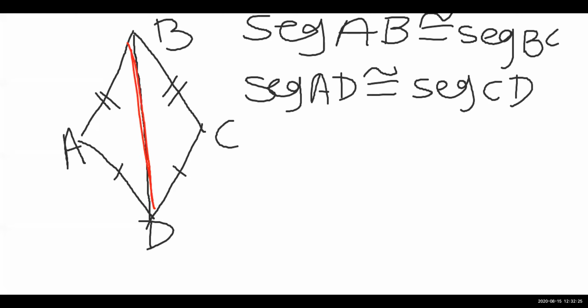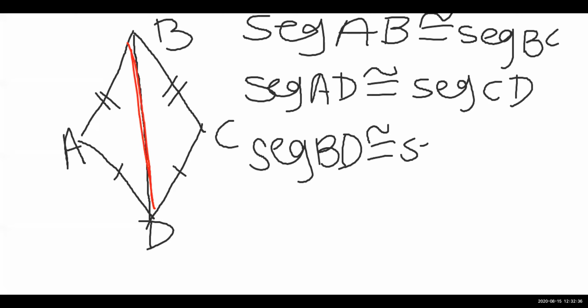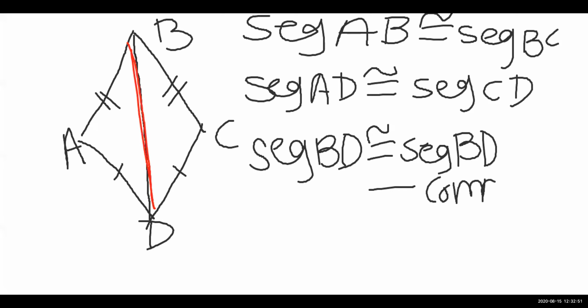Okay, so how can you write it down? Segment BD. Yes, Manjima. Any doubt? Segment BD is congruent to segment BD. What reason will you write? These two are given. What do you have to write as the reason here? That is common side. Okay Manjima, do you have any doubt?